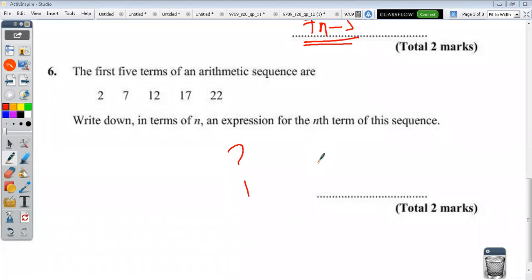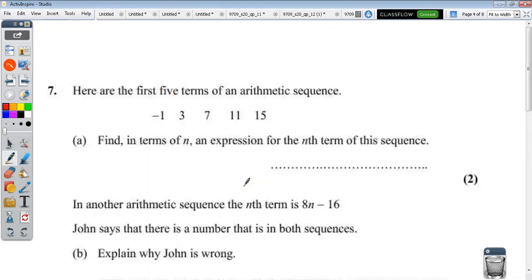So I found the formula. 5n minus, I'm waiting for the rest of the guys. Is that what you got? He's saying 5n minus 3. Do you agree with him? Yes, sir. Mfaro, you agree with him? Yes. So 5n minus 3. That's the general formula, the nth term. So for practice sake,